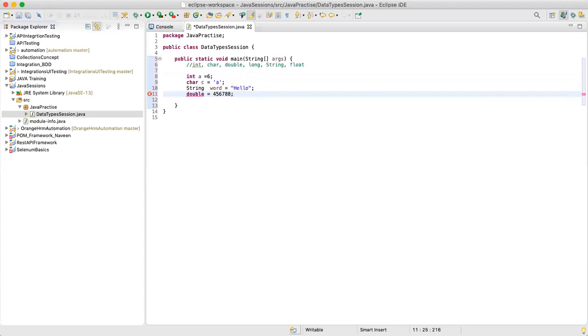Now, guys, there is one more thing which you need to understand. There are memory allocations for all of these types. For integer, there is a specific memory allocation in Java. For character, there is a memory allocation. We should not be worried much about memory, but for integer, 32 bits is allocated for your integer variable. For long, it is 64 bits. For float, it is around 32 bits, and for double, it has 64. Nobody will ask you the memory allocation of all these things, but just to get an idea.